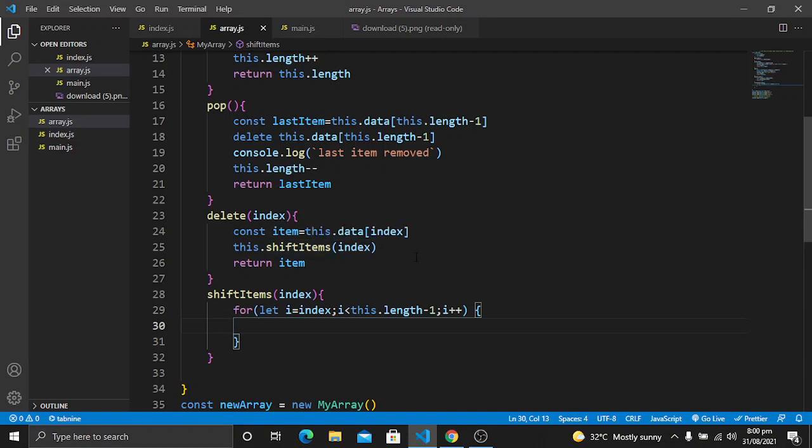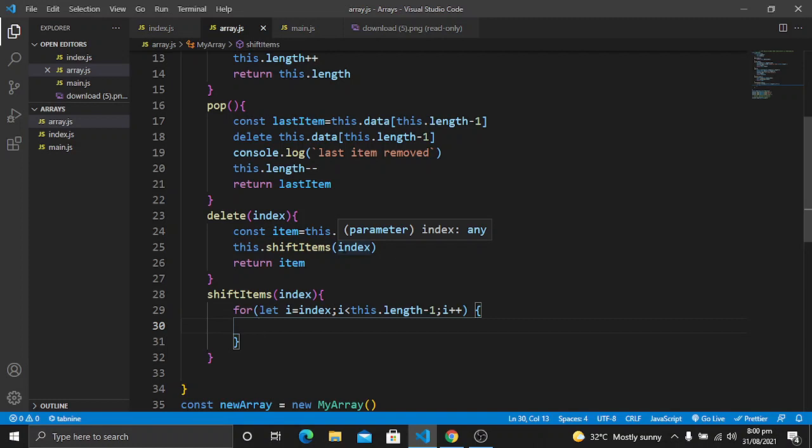Now the fifth index position is empty because there are no items there. So when we remove an item at this index, I will shift the other items. For example, the items after it will move one step backward, like this. This is the functionality that we will add with the help of this method, which, as the name suggests, will shift the items.